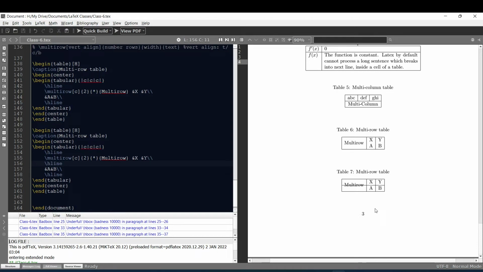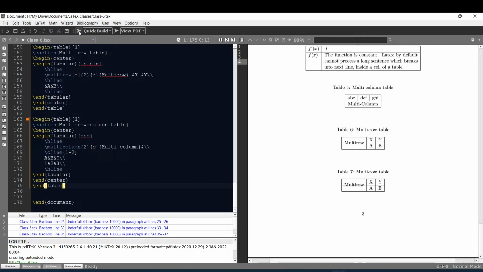So to resolve this issue, we need to use \cline command. Let me demonstrate an example of using \cline command in a table where we merge both row and column simultaneously. Here we will use \cline command. So \cline command is used for producing a horizontal line spanning one or several columns in a table. Let me give a demonstration by using the code.